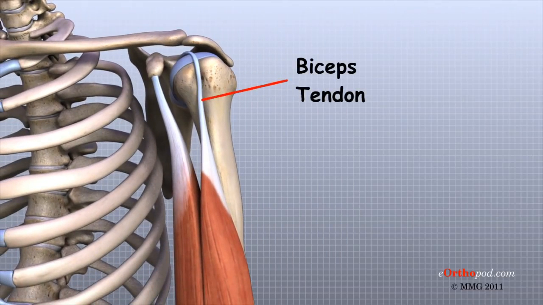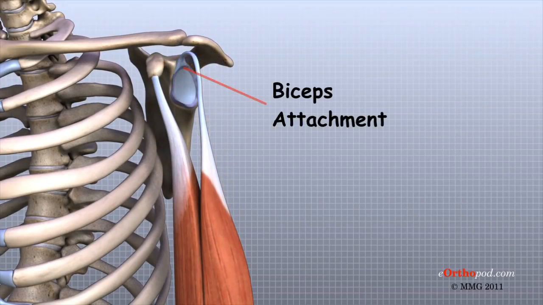Tendons are much like ligaments, except that tendons attach muscles to bones. Muscles move the bones by pulling on the tendons. The biceps tendon runs from the biceps muscle across the front of the shoulder to the glenoid. At the very top of the glenoid, the biceps tendon attaches to the bone and actually becomes part of the labrum. This connection can be a source of problems when the biceps tendon is damaged and pulls away from its